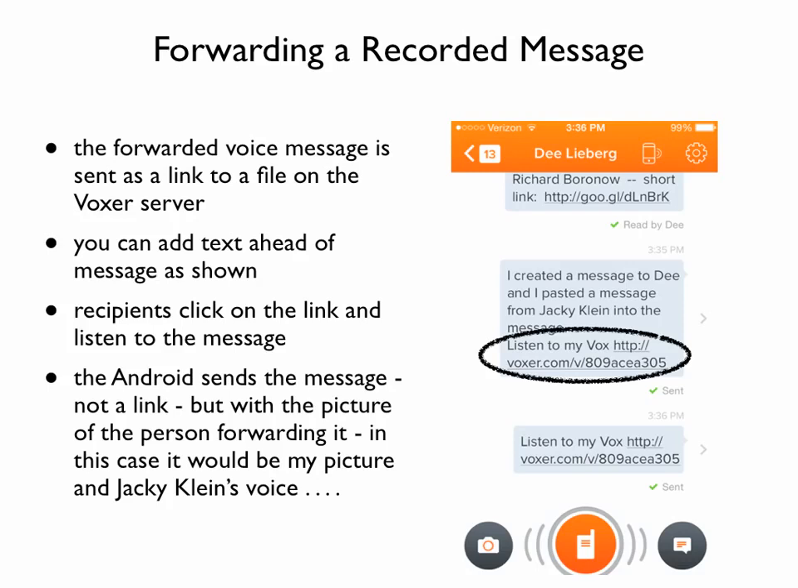So if I had forwarded that message on an Android phone to Dee, she would have seen my picture, and when she played it, it would have been Jackie Klein's voice. I want an Android phone in the worst way to do that a little bit. It'd be kind of fun. Anyway, so